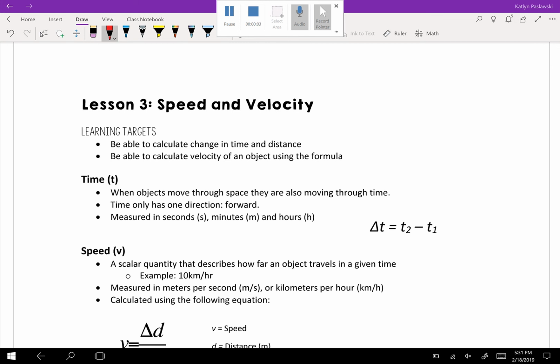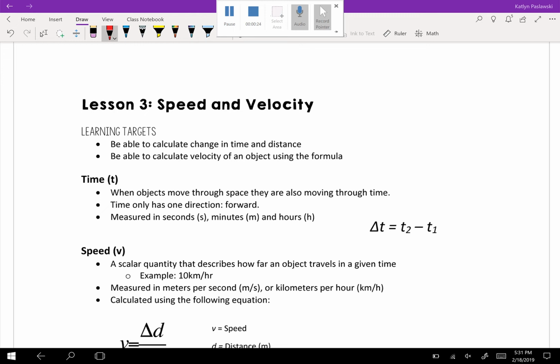All right, here we're going to have lesson 3 on speed and velocity, focusing on our learning targets to be able to calculate change in time and change in distance, and be able to calculate velocity of an object using the formula. When we talk about time, we're talking about when objects move through space, they're also moving through time,